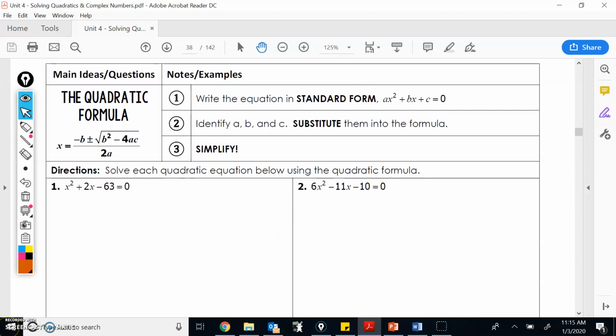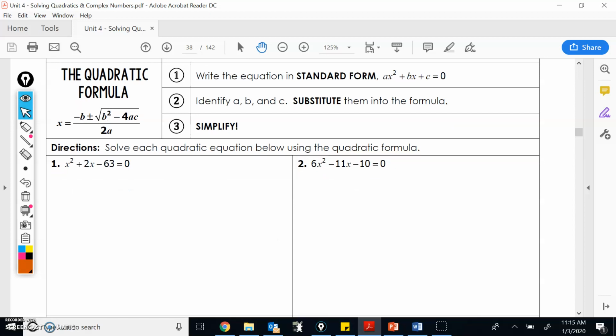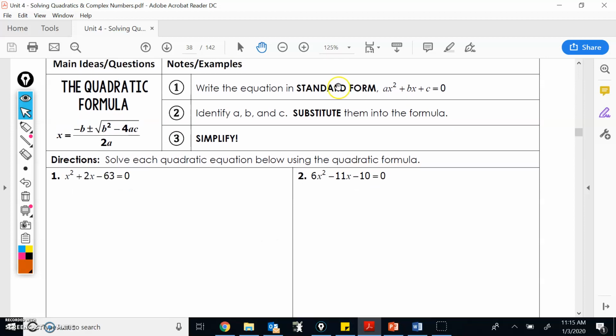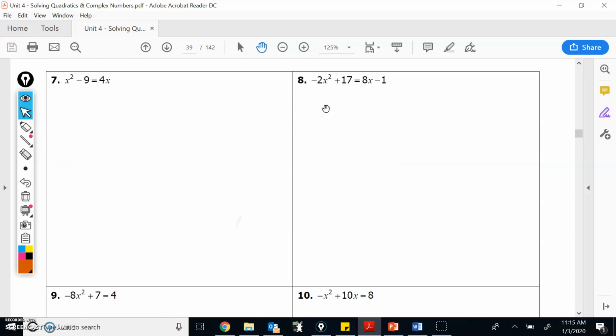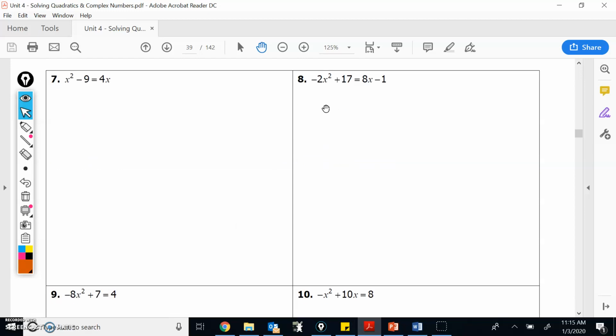Here's the formula on the top left: negative b plus minus square root b squared minus 4ac all over 2a. What we have to do is write the equation in standard form first, then substitute in a, b, and c values, and then simplify. Let's go to the back where we have some harder examples with imaginary and irrational solutions. Number 7, x squared, and I'm going to move everything back over, minus 4x minus 9